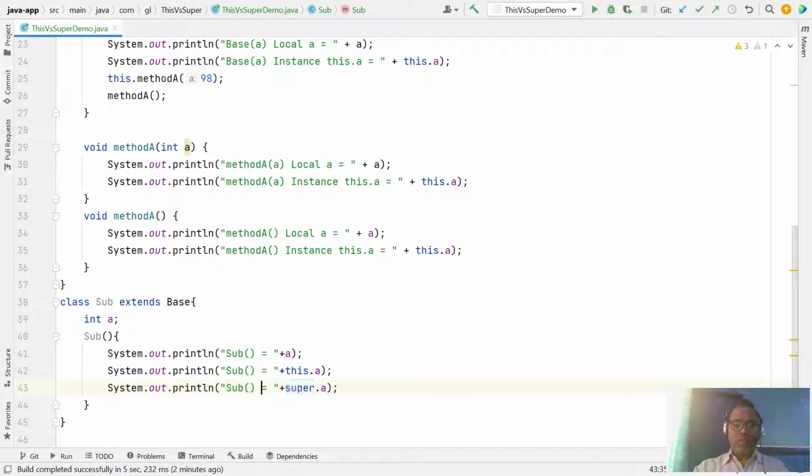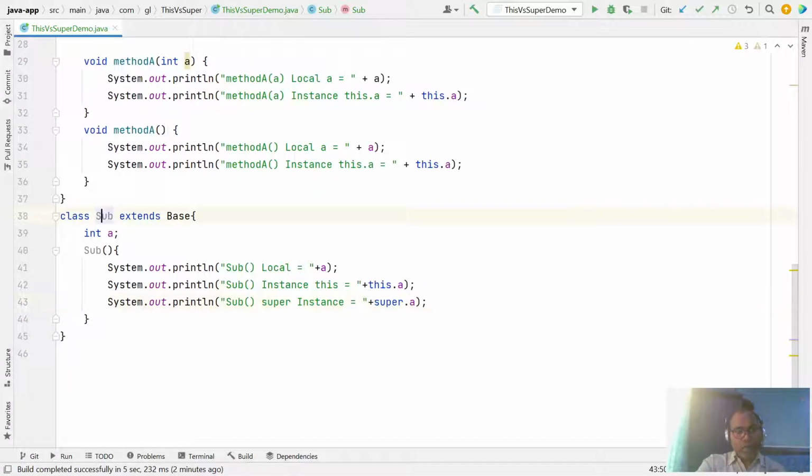This is the super instance, this is the local, this is the instance.